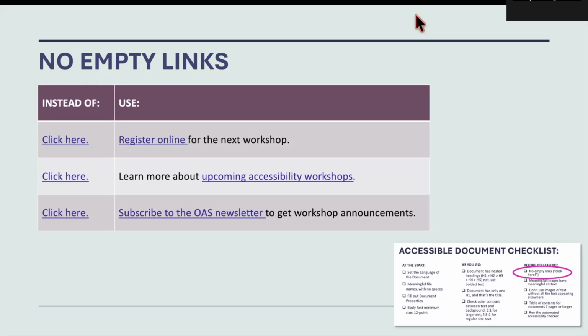So just remove click here from your vocabulary, because if you think about people who are just using screen readers to access links, they get to hear click here, click here, click here, click here all day. And it gets really old and it's hard to tell if they're going to enjoy the content that they're going to get when they click. Same thing for your sighted people who are just navigating through vision. I want to know more about what's going to happen when I click that link. I have a finite amount of time on this earth. I want to make sure that I'm going to click the link that I want to take me to the place that's going to let me do the task I have in mind.